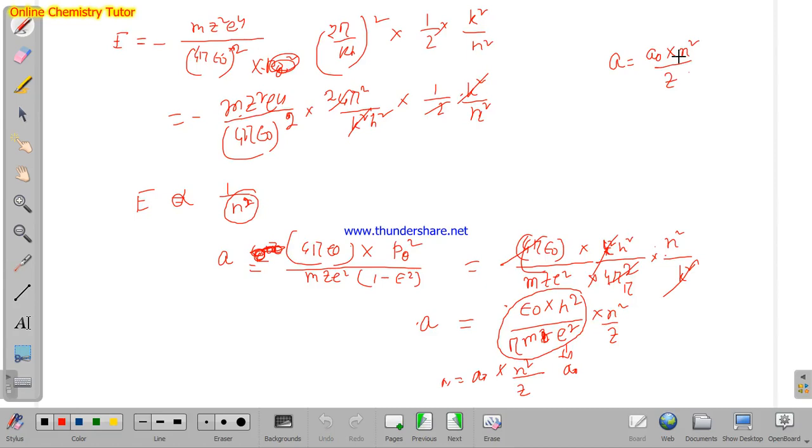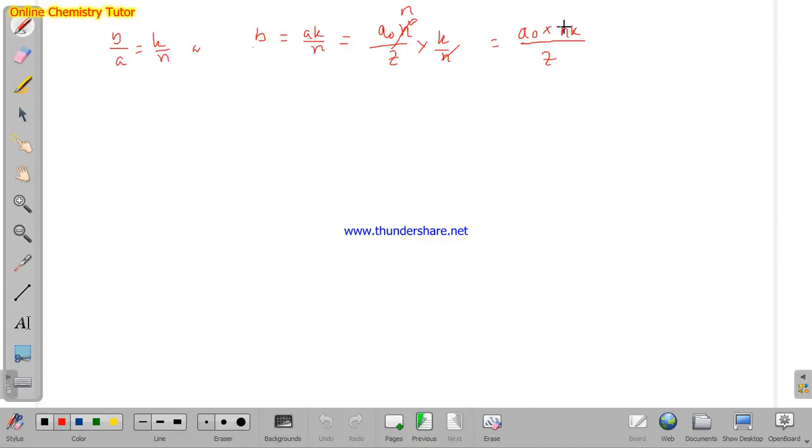For a single principal quantum number, all the orbitals present will have the same a value, the major axis value, but they will have different b values, or different minor axis values. So depending on the minor axis value they will be different, but the value of the major axis will be the same. Now we'll discuss the hydrogen atom.